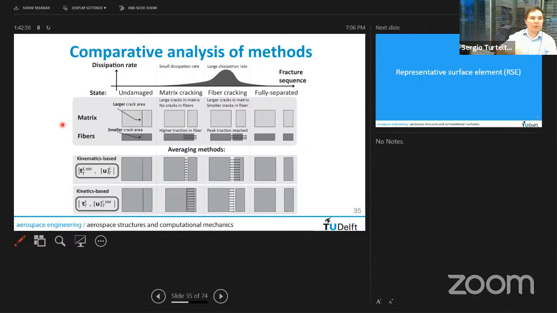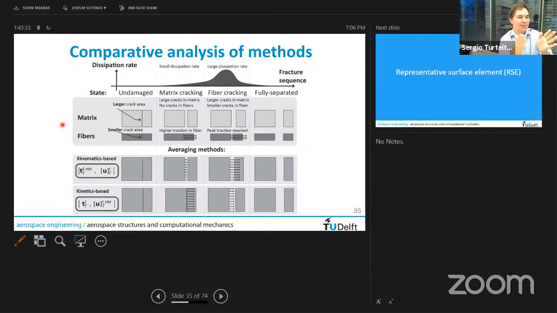Conversely, if you look at the force, well, actually, it's not conversely, it's the same thing. If you look at the force, the force is mostly coming from the fibers. And you're multiplying the force then with the opening, which is heavily influenced by the matrix. So when it comes to matching the product of those two, which is the work, in fact, the work rate, if you do it in terms of rate, then you have to make a choice. So if you take the kinematic average, then your tractions are going to be wrong,